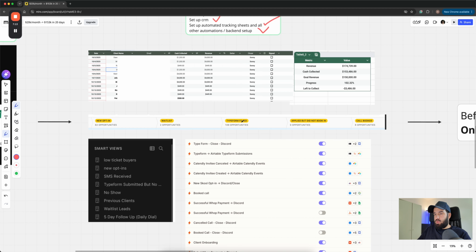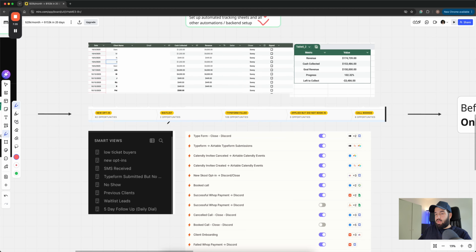We did this by using a combination of Zaps, as well as Google tracking sheets. And as you can see, we've done over our 150k month goal. We got our 150k cash collected, and then the revenue was 175k. So we passed our goal.